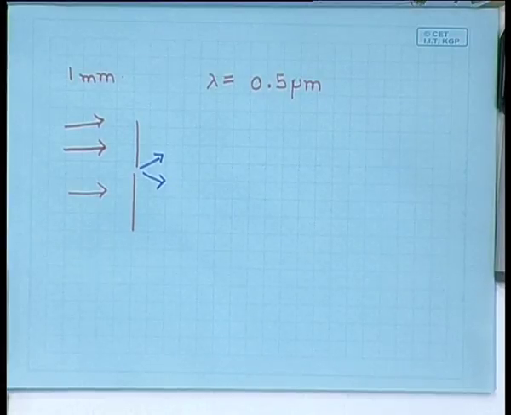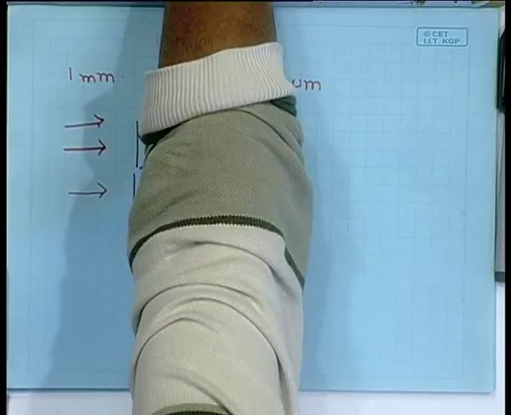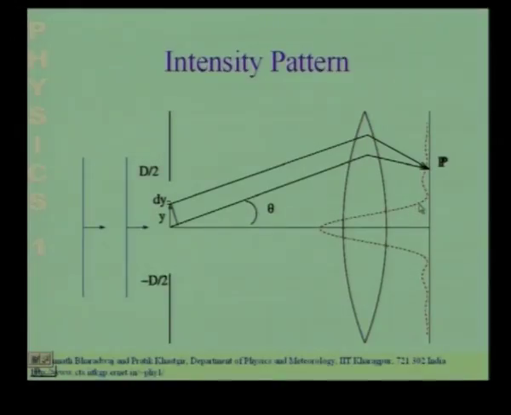How do we know that it is going to have a spread? It is quite clear from the intensity pattern over here. Just come back to this intensity pattern. What the lens does is that all the waves in a particular angle theta, it brings to a point. So, you see that the incident wave was only along theta equal to 0. So, you would have expected only a bright spot here, but what you see is that there is an intensity